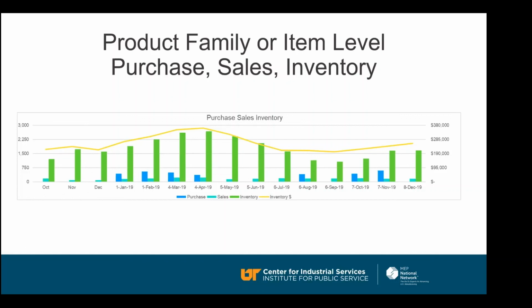It's another good one to show how much buffer, how much protection you've got against sales variations. Because in that, the green bar, that's my inventory. And if I measure that green bar according to the sales, which is that aqua blue or whatever, I see that I've got a lot of inventory relative to the monthly sales that I've got. So it tells me how much variation I can absorb and when I can. And that's good for showing a picture, telling a story to the executive level about your ability to adapt to those changes, how much protection you really do have.